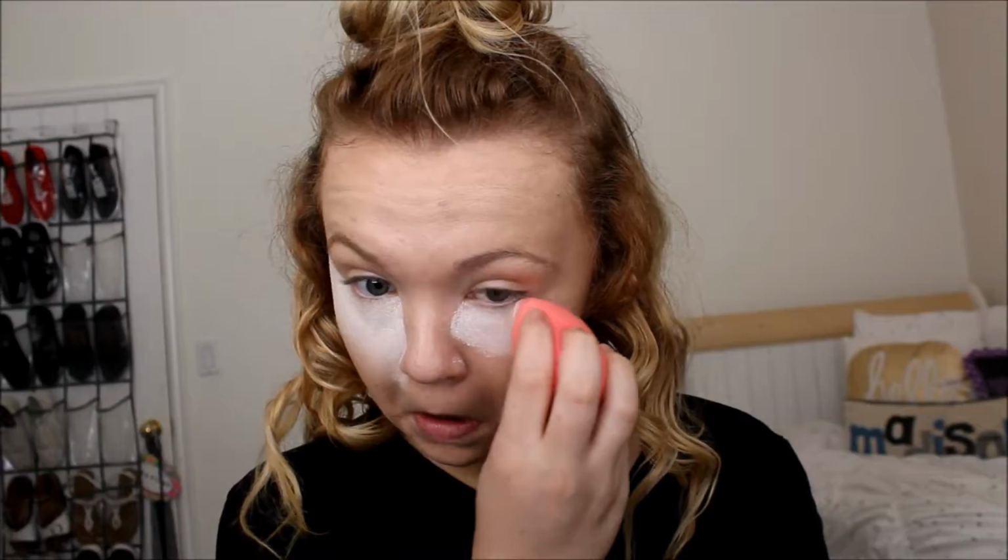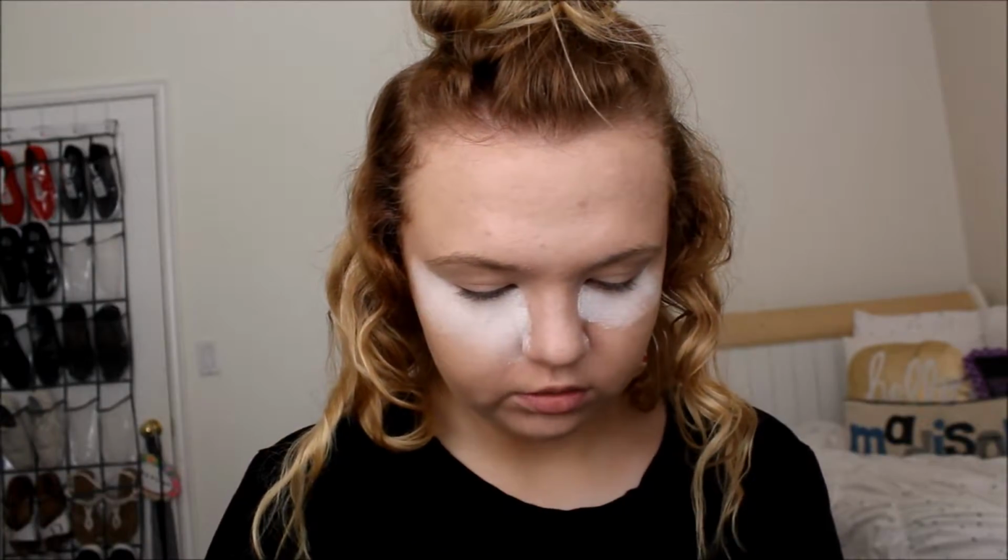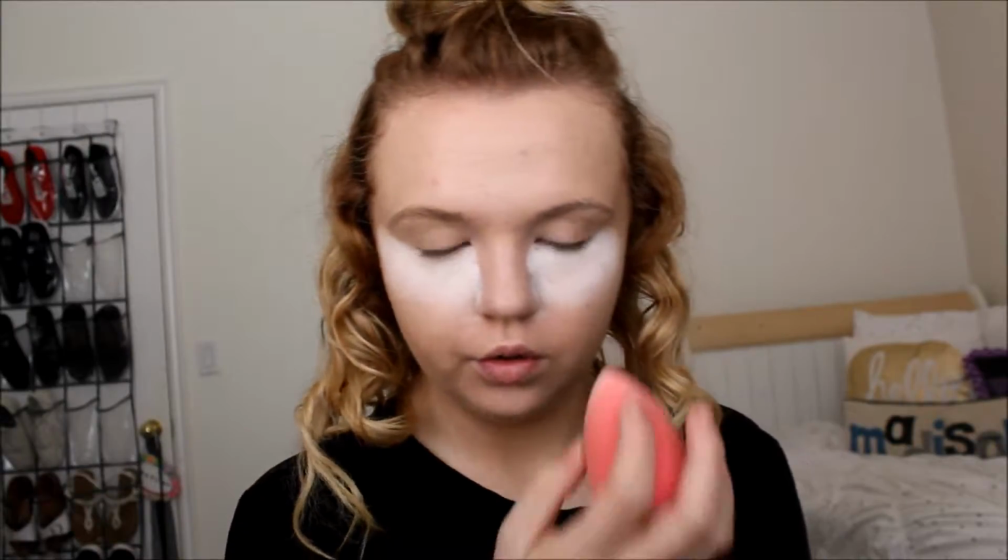It didn't record, but I just used the NYC loose face powder to bake underneath my eyes. This technique will help your concealer last longer and look more airbrushed. Now I'm going to let that set,